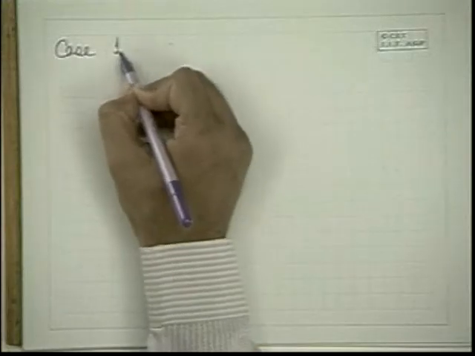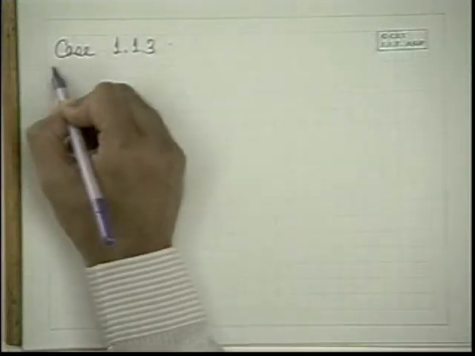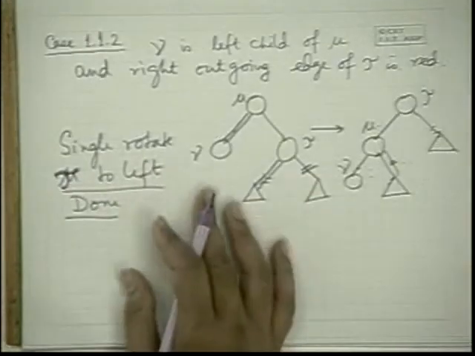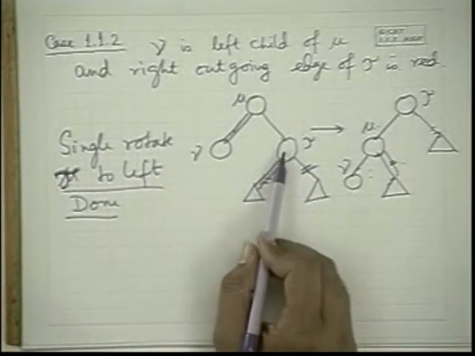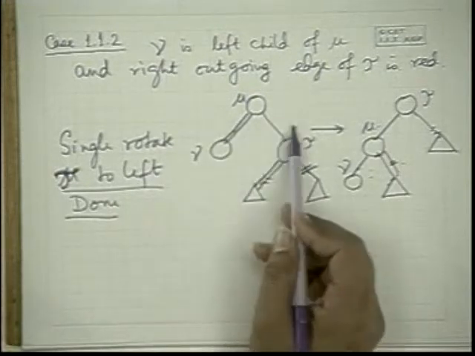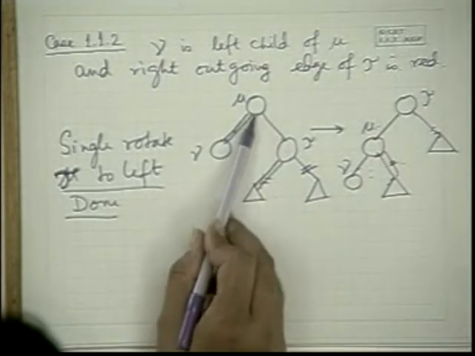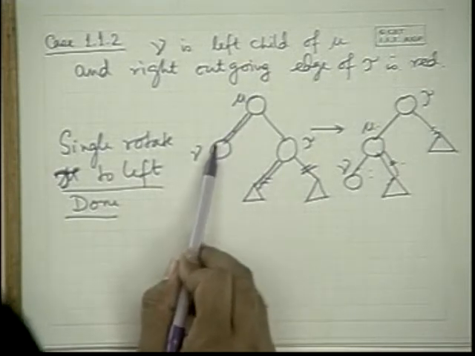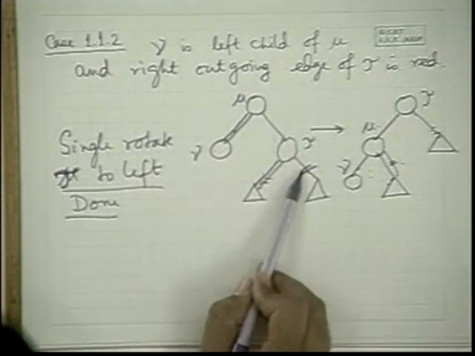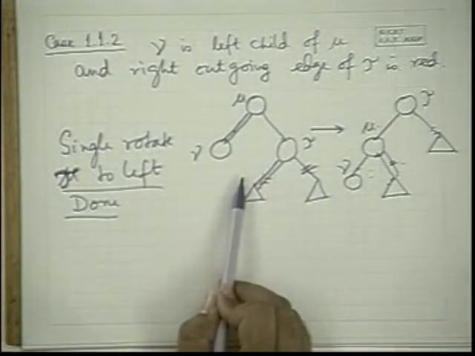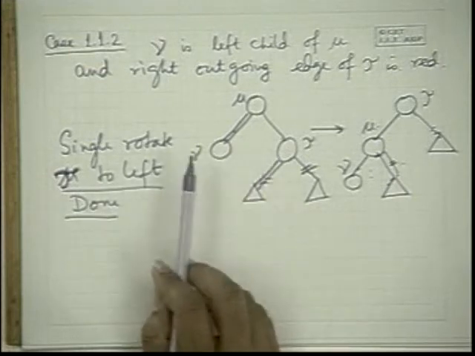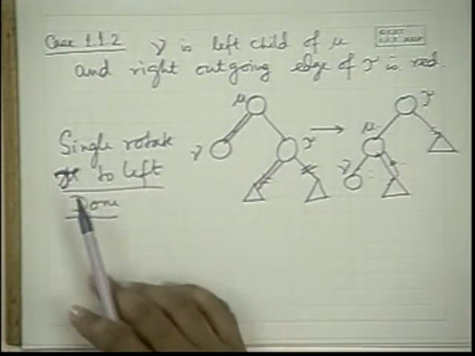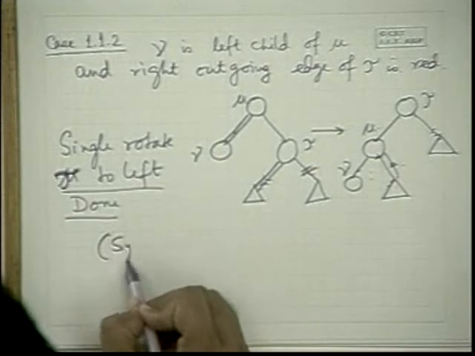So this is the case 1.1.2. There is another case now, case 1.1.3. Oh, by the way, in the last case there is a symmetric case. Symmetric case means it's just the opposite. See, this time mu is the left child of this one. Now suddenly suppose the mu is the right child of mu, and this one is the left child, which is red. You can take care of it in a similar manner. It's just an opposite case, symmetric case. So there is a symmetric case.